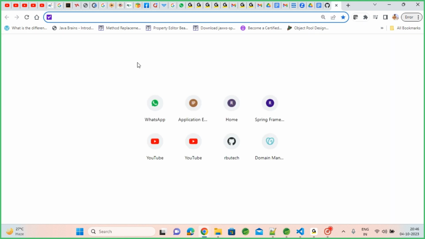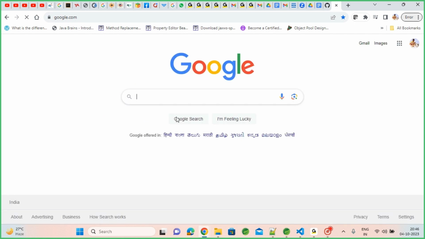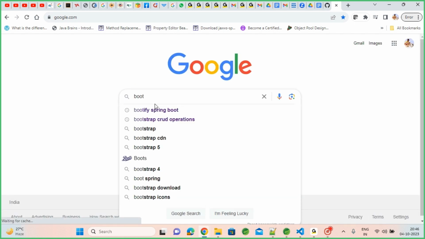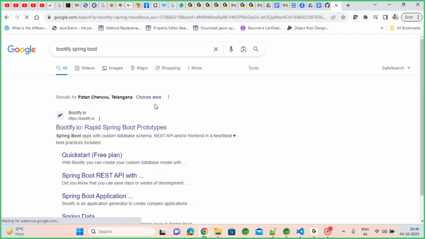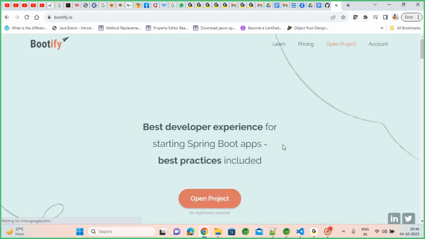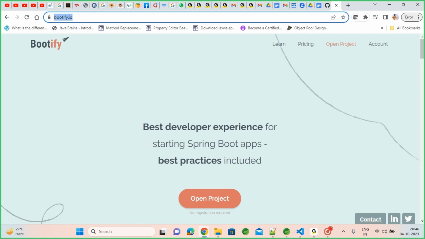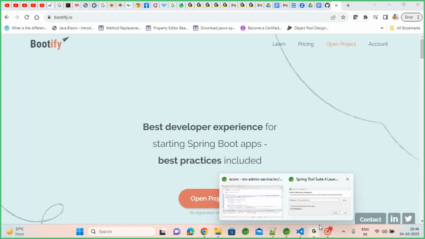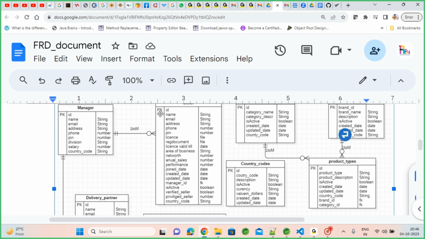Okay, the Bootify tool. All you need to do is search for Bootify Spring Boot. Maybe in your company machines this is not allowed. They don't allow such tools, but on your personal machine you can access it and quickly get the code. That helps you generate a lot of code within minutes. So for this particular use case which we want to design, if we code manually,